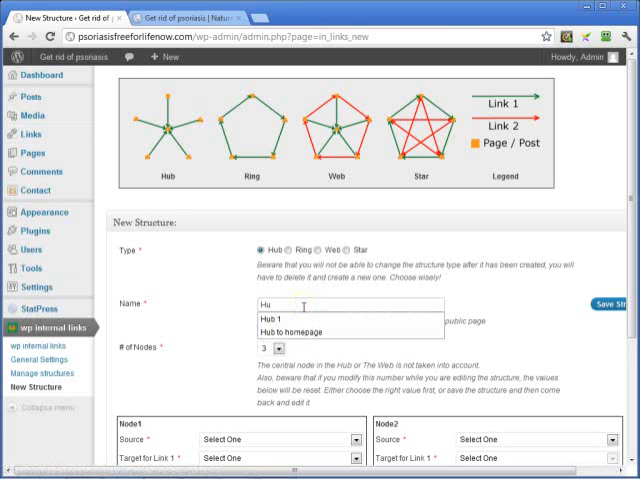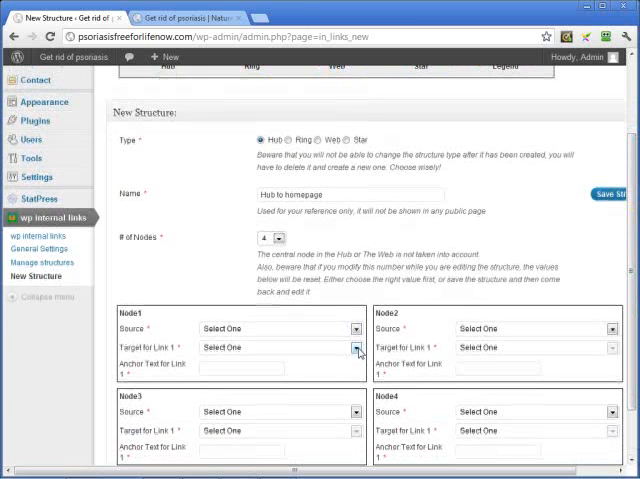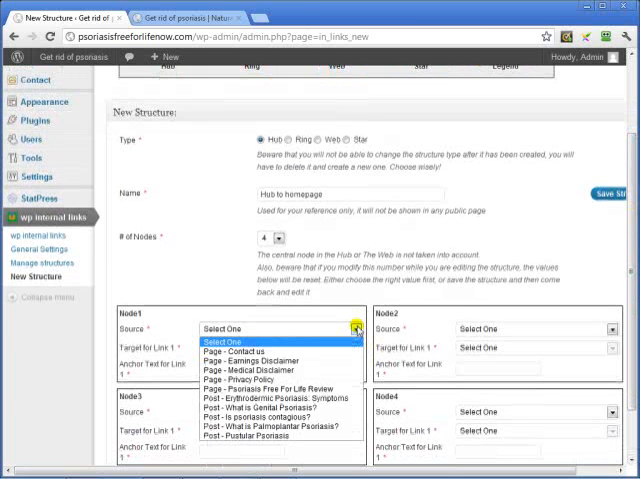I'll call it hub to home page. As I think I have 4 of these pages, I select 4 nodes. The central node does not count, as we say here in the message. And see how easy it is. We just select the different pages,